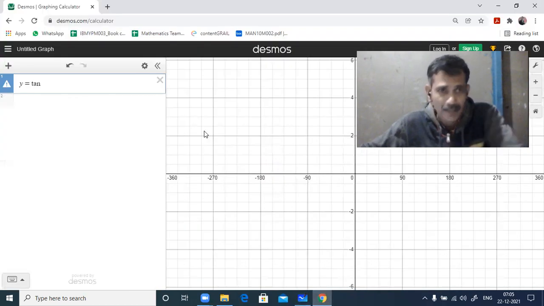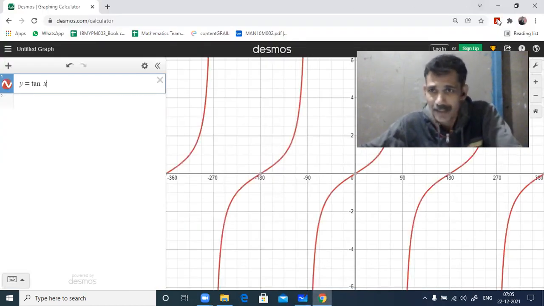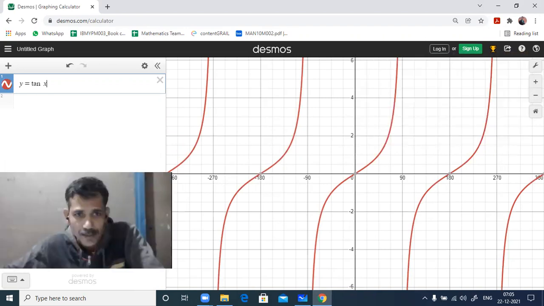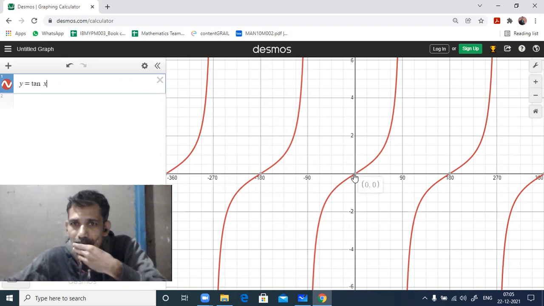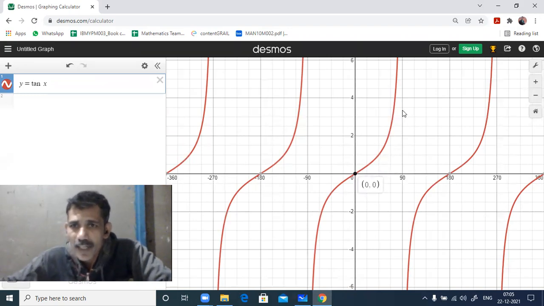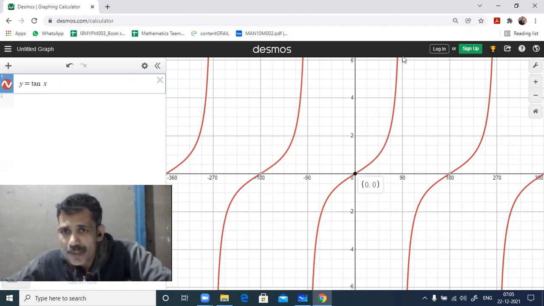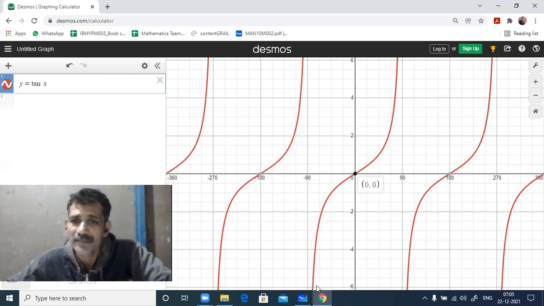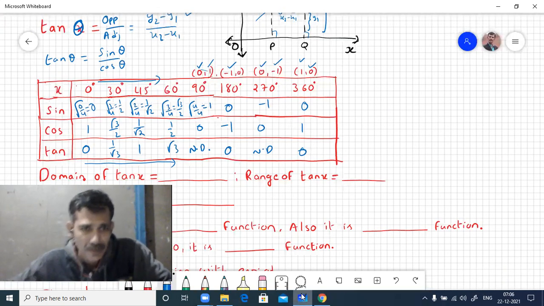Okay, first we'll see the tan graph in Desmos. Tan x, it is like this. Bring the picture here. Okay. See here, 0. Values also we have described. Tan 45, 1. Okay, here it will be, 45 degrees at 1. Next you see, tan 90, this curve goes to infinity. Similarly, minus 90 also, it goes to minus infinity. Okay, this is unbounded as well as discontinuous. This and all, we can make notes.